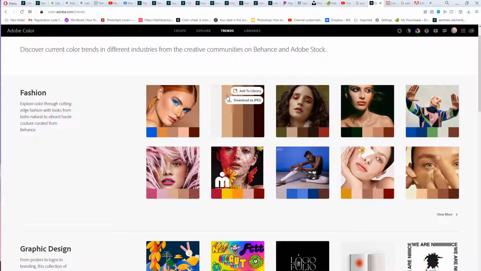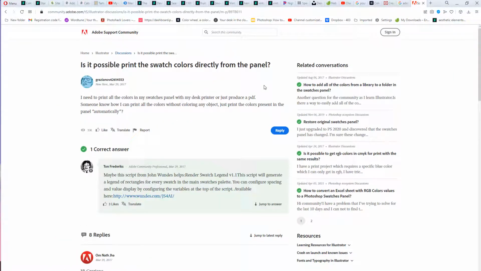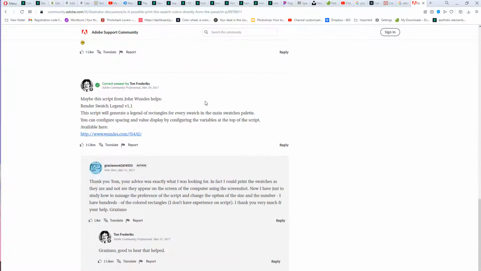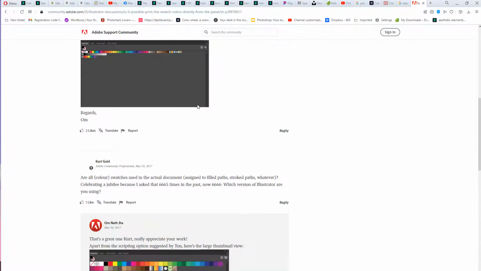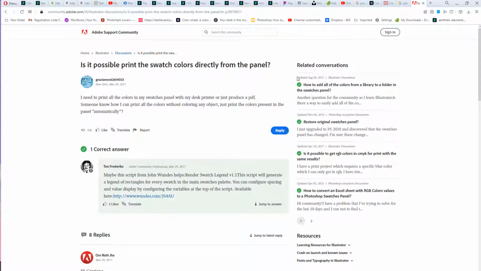I don't know how far back you guys go, but there was something called Kuler, and Adobe bought Kuler. Before I show you that, I also want to show you this. Anytime you have questions, as part of being on Creative Cloud, you can ask these questions on the Adobe support community, and usually somebody will answer. They ask, is it possible to print the swatch colors directly from the panel? Apparently there's a lot of people who have this question, and they don't really have a viable solution, and I'm surprised nobody even mentioned